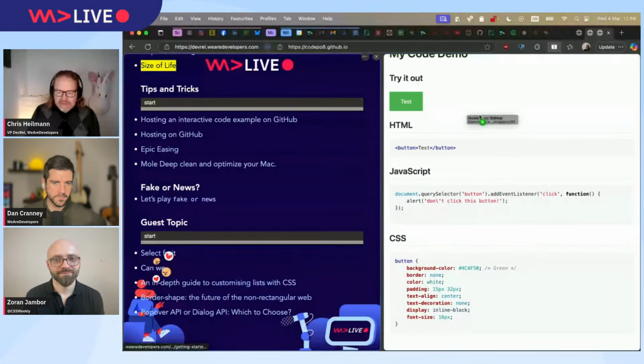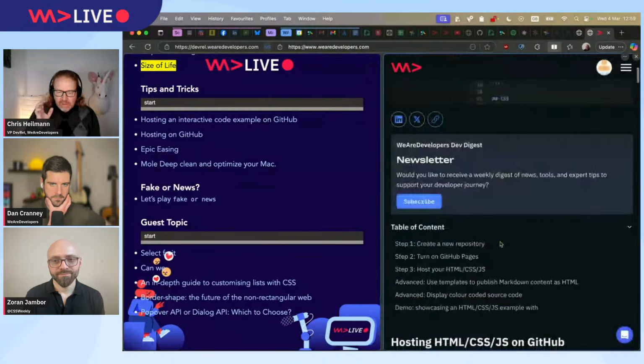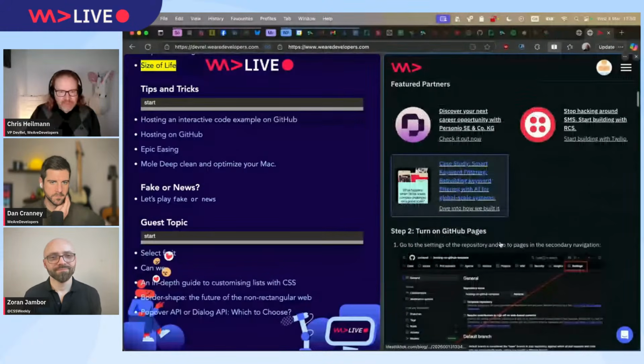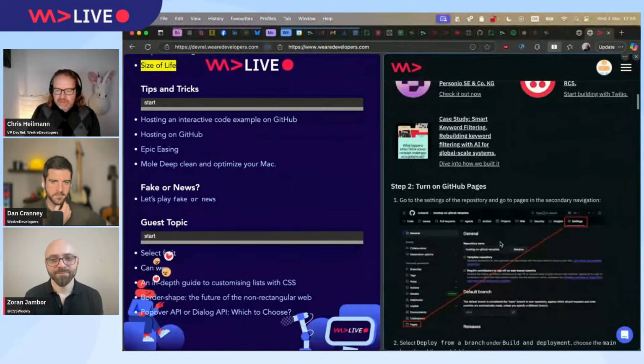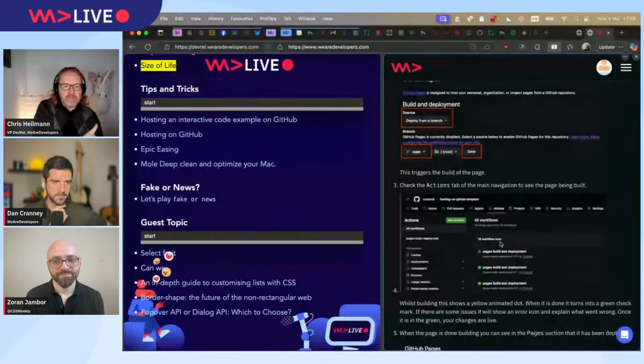On our magazine, I've got a more in-depth article that explains how to get started with hosting HTML, CSS, and JS on GitHub. Of course, if you host it on CodePen, people can edit it, fork it and go further with it. But I love that in this case you have connected the source code with the example, so you never get out of sync.